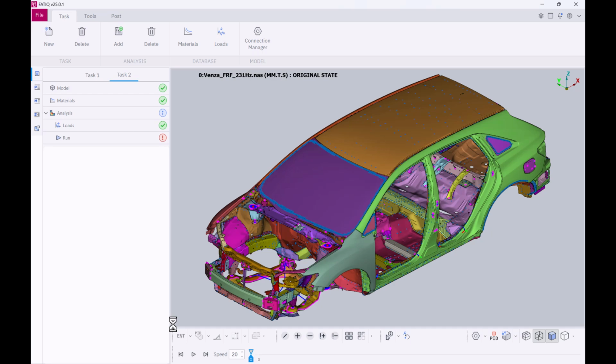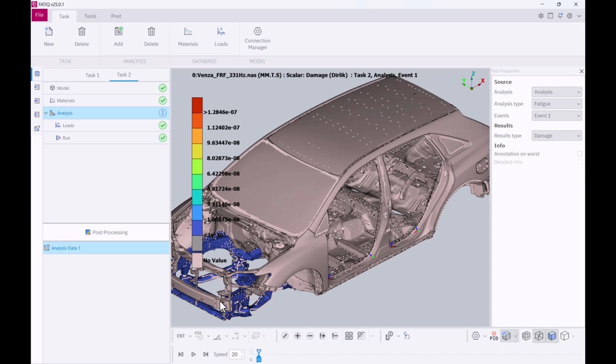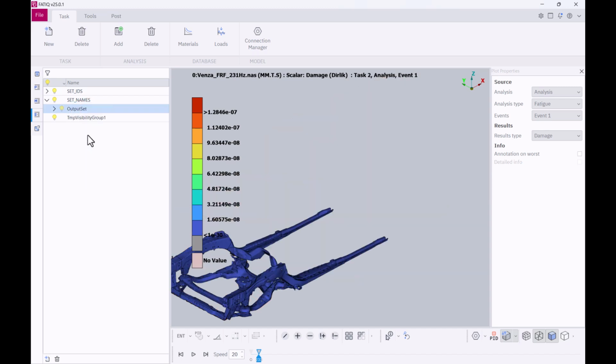Once the analysis is completed, results regarding the fatigue life, random response, and the input results can be displayed through the dedicated plots of fatigue. In the Plot Properties area, through Fatigue Analysis Type, results such as damage, life in seconds, log of damage, log of life and spectral moments can be demonstrated. Through the sets list you can isolate the area of interest. Choose the desired set and click on the option Show Only.